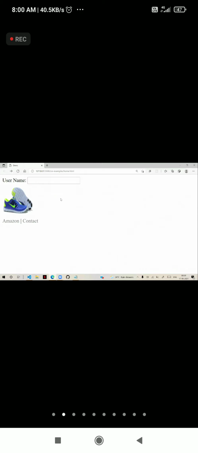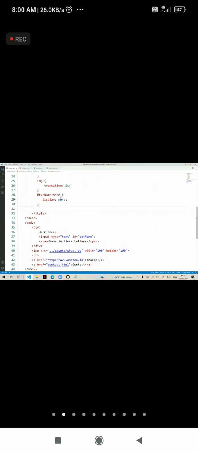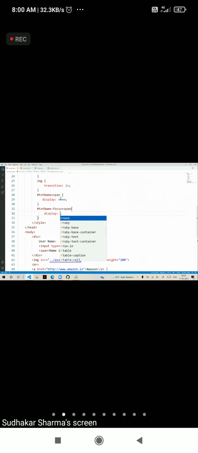That means it will not show. That message will not show. But when the text box txt name gets focus, then the span beside it must display inline. Display inline will display on the side. Display block will display below.